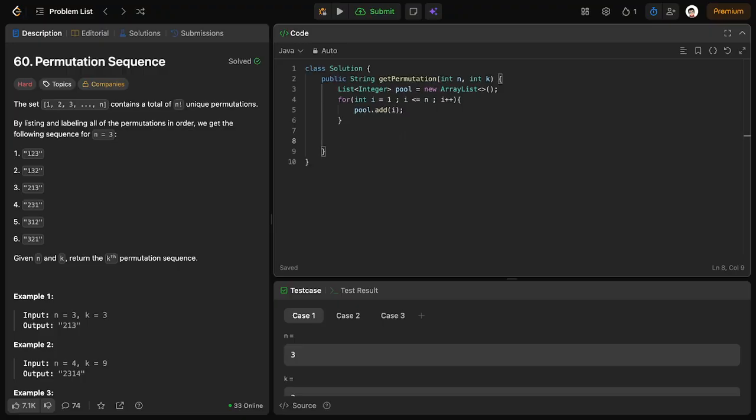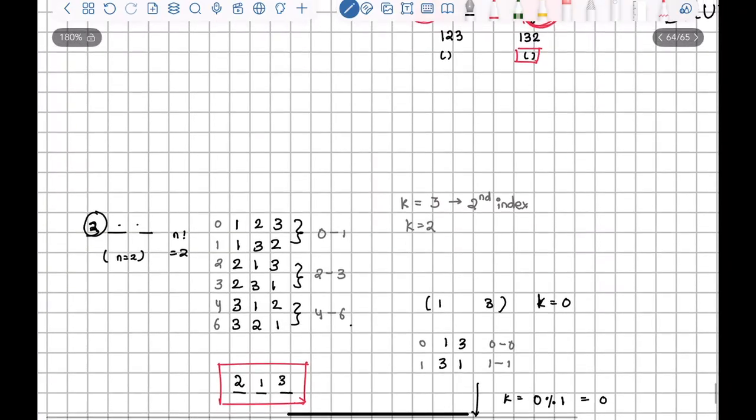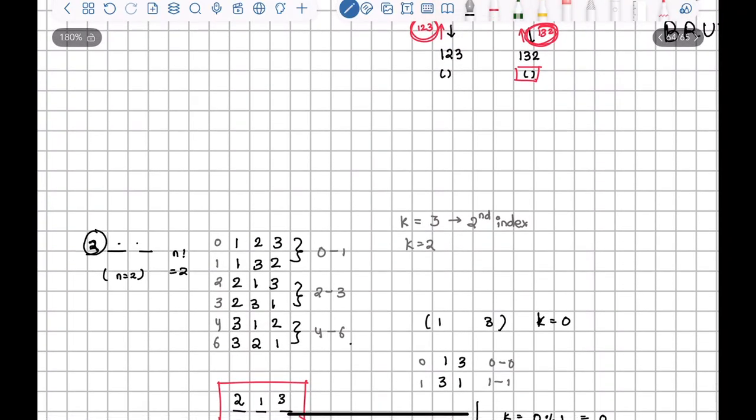Now essentially, what did we need, right? What did we really need to calculate the group size? What was our group size? Our group size